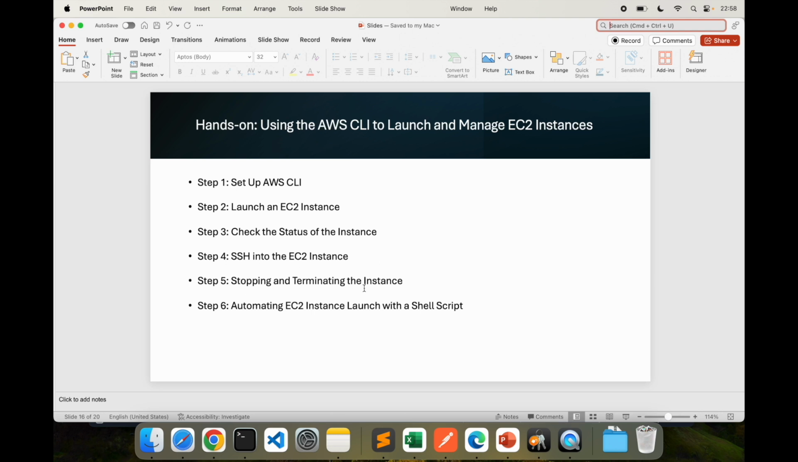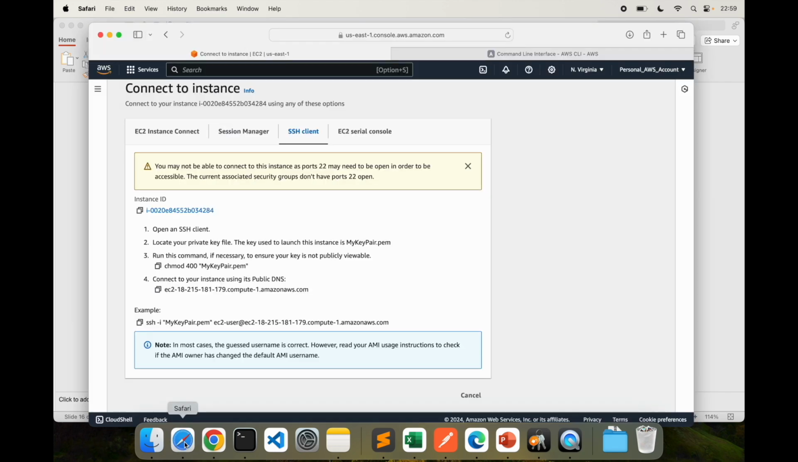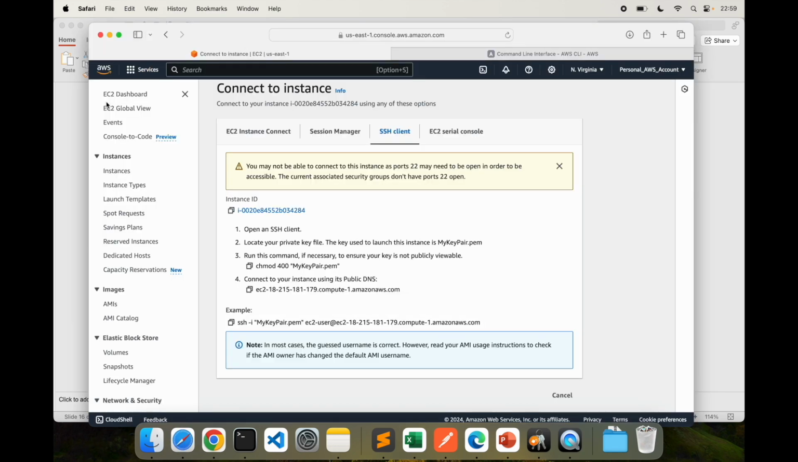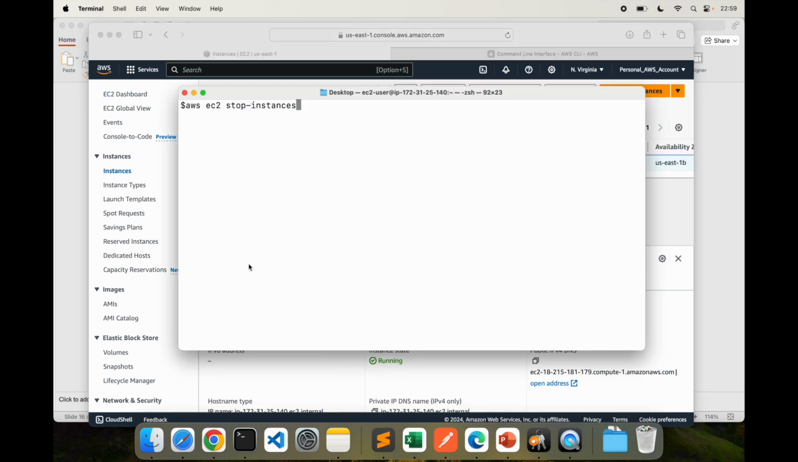Next thing is stopping and terminating the instance. So what I can do here is I can go and say AWS EC2, and I can say stop instances. Let's make sure it's running. So I'm going to go back to the EC2 dashboard. I have this one instance which is running. Now I'm going to go here and say stop instances,